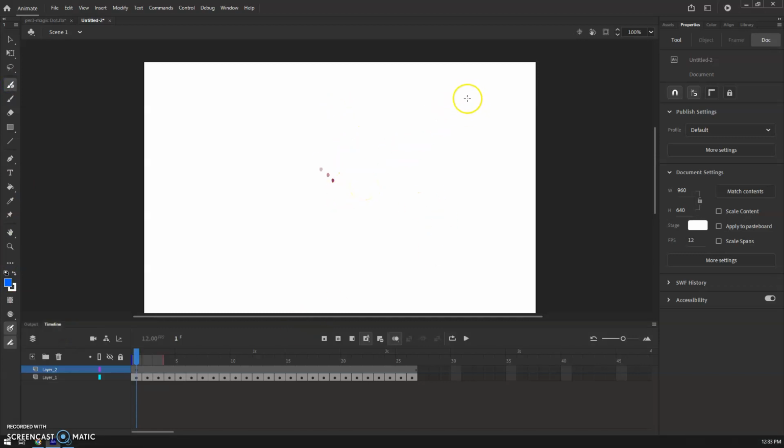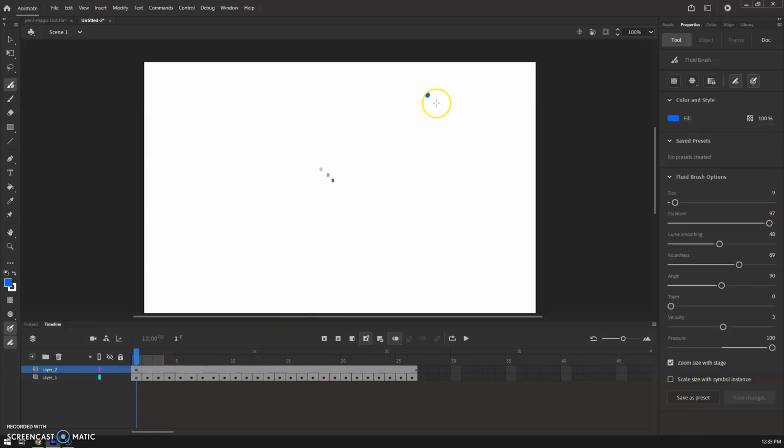I'll start with my first dot. This one I'm going to start with maybe up here. Maybe make this one a little bit larger. And you can use your bracket keys just like you can in Photoshop. New blank keyframe, F7 on the keyboard, and I'm going to have this one just drop straight down, pick up speed as it goes,